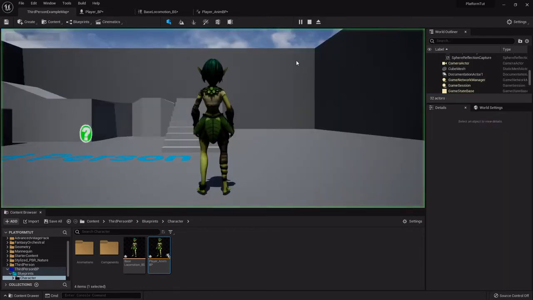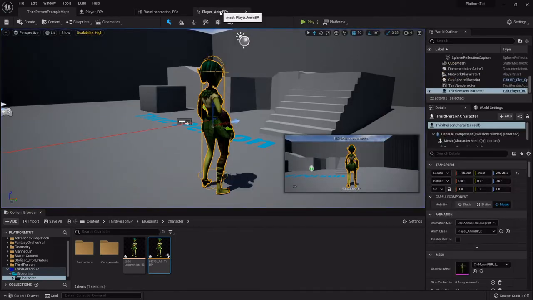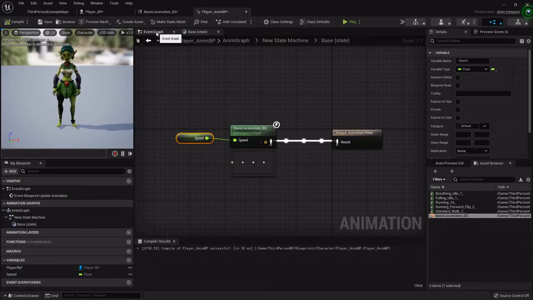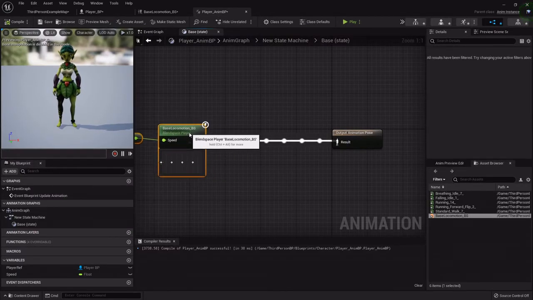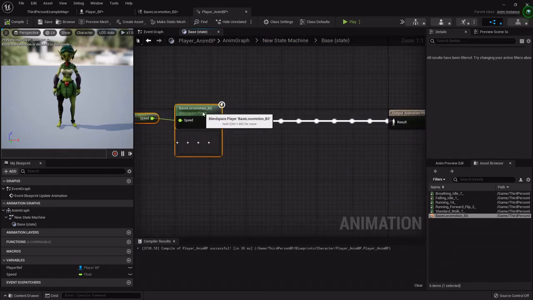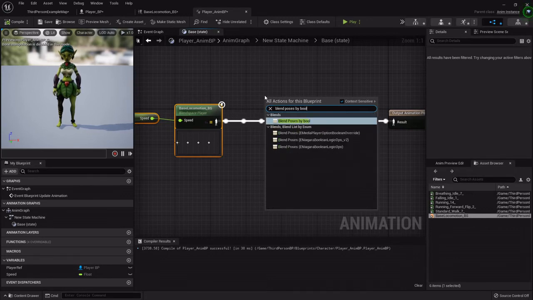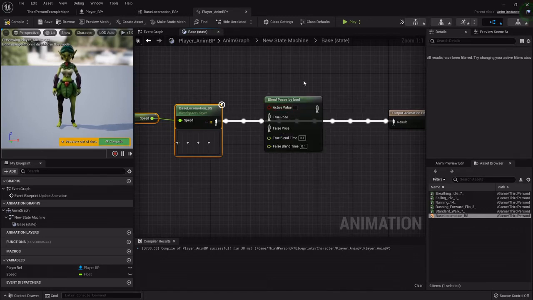But one thing you will notice right now is if you try to jump, she just runs in the air. So the way to fix that is back in the player anim blueprint. We're going to drag this back a little bit. In case you're not in this one, I'm just in that base node. I'm going to right click and blend poses by bool. Now a boolean, or a bool, is basically a yes or a no. So is something happening? If yes, do this. If not, do this. So the variable we want to check is if the